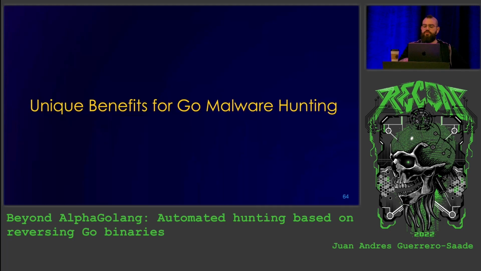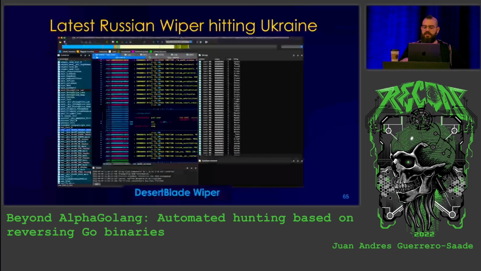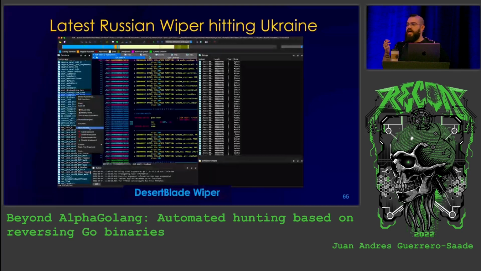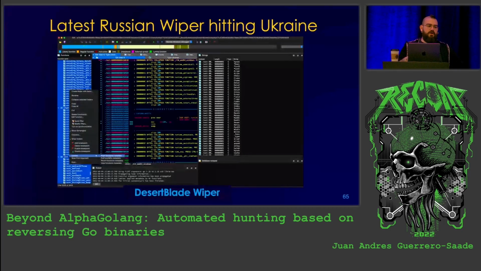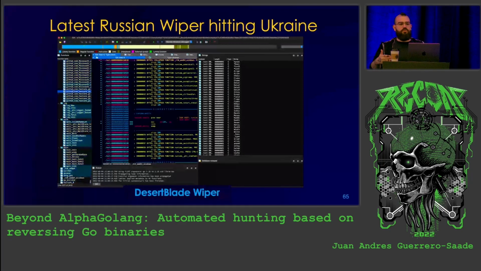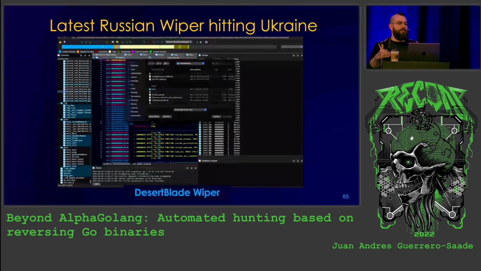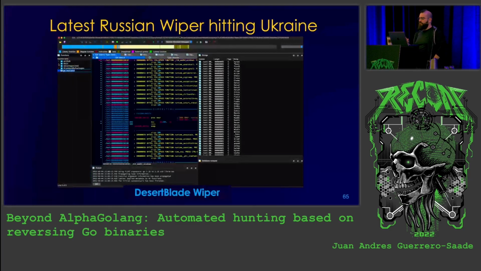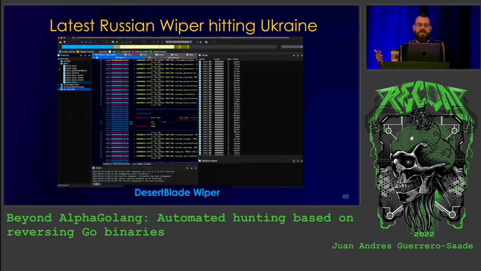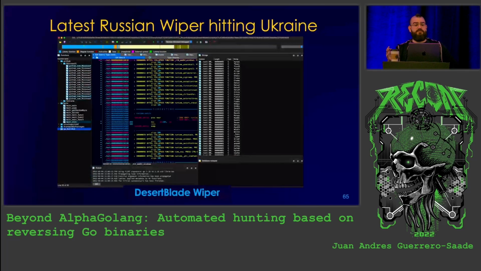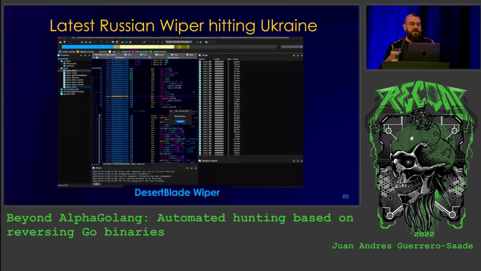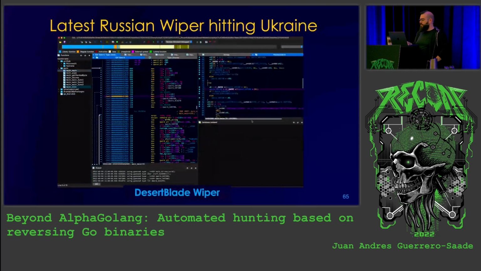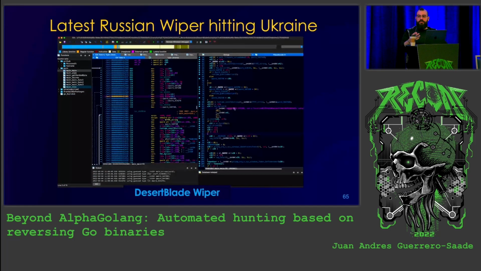So let's talk about the unique benefits for hunting malware written in Go. I hope some of you have already been catching on to what I'm talking about, but essentially I can't think of any other modern language where you can recover so much information about the original source code, and have it automatically bubble up the only things that you need to look at. I wish C worked this way, I wish C++ worked this way. But essentially, before I even start analyzing a binary, I can have an exact idea of the functions that the developers wrote. I can have an exact idea of only the strings that are referenced by those user-generated functions. It's actually quite beautiful in the sense that you can subsequently take that information and also automate your hunting,